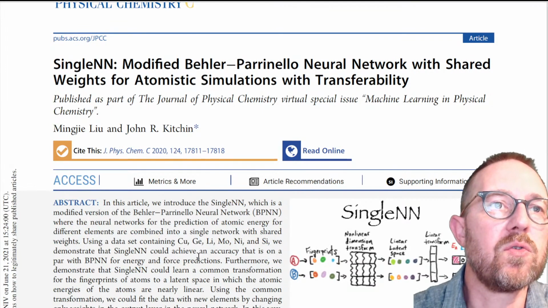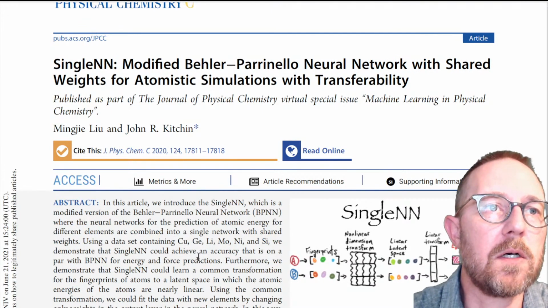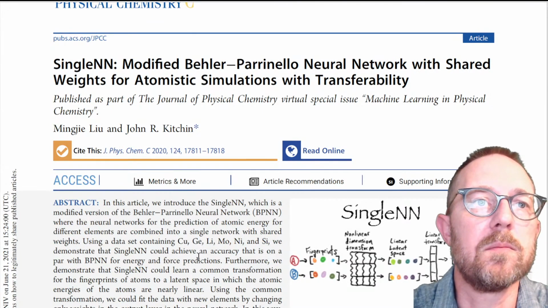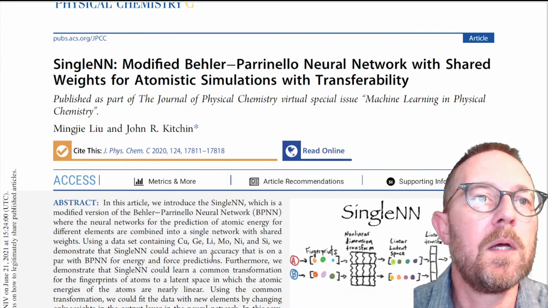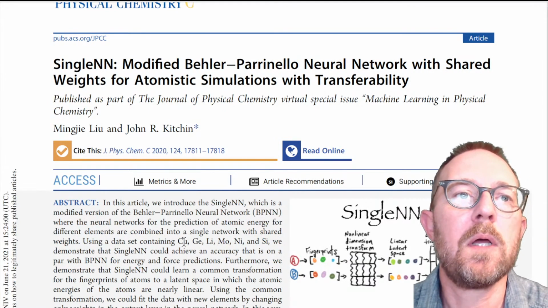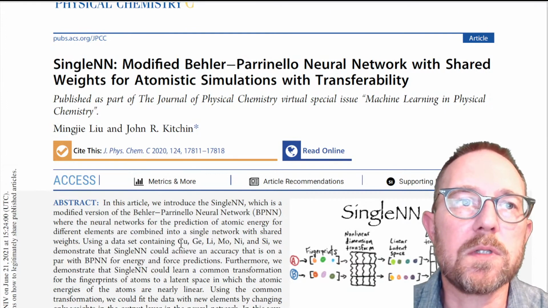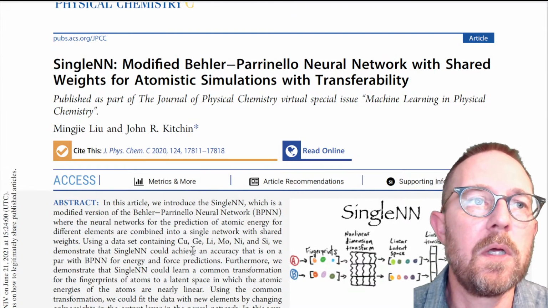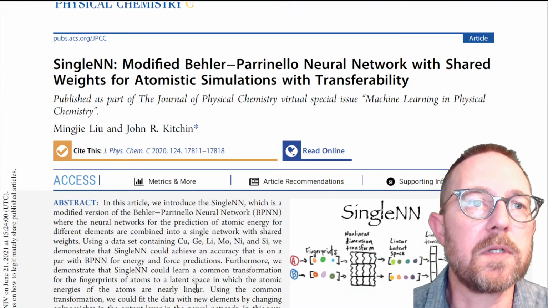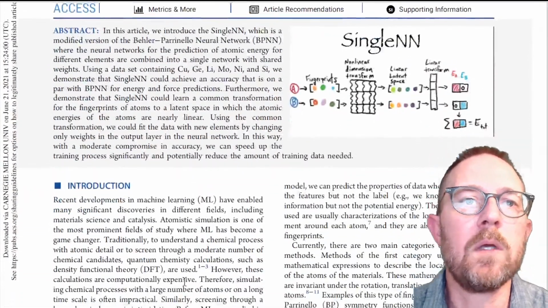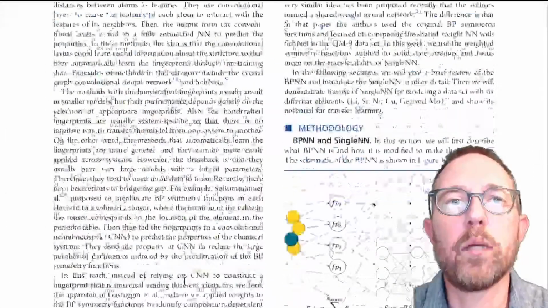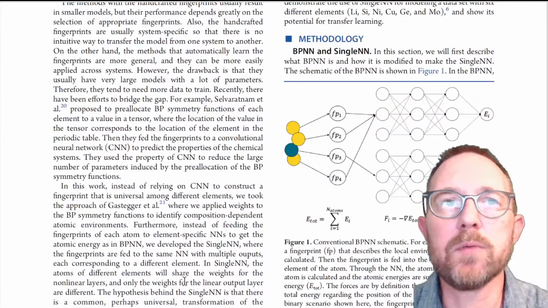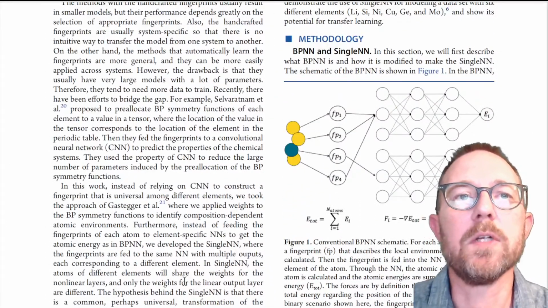We applied it to a pre-existing data set on copper, germanium, lithium, molybdenum, nickel, and silicon, which are all pure single elements with some transition metals, with d electrons, some semiconductors, and simple metals that we used for the test set in here. All right, to understand what we did here, we go back to the original formulation of the